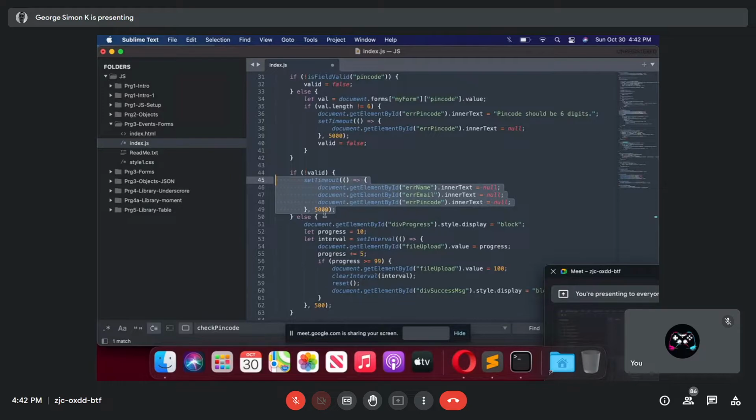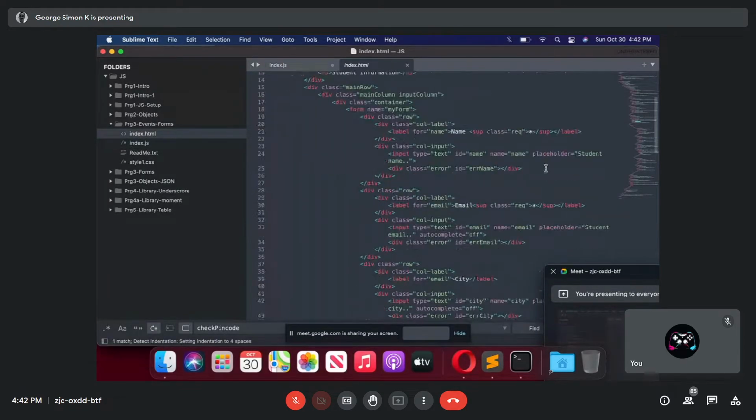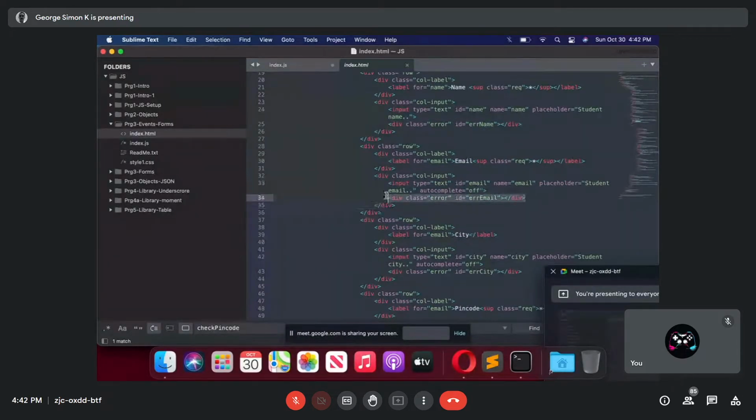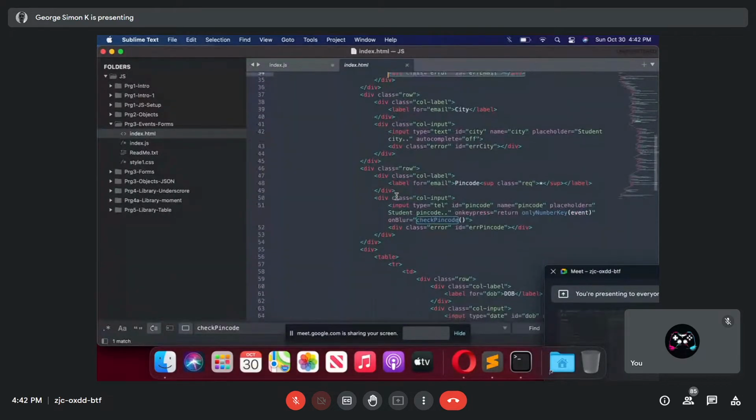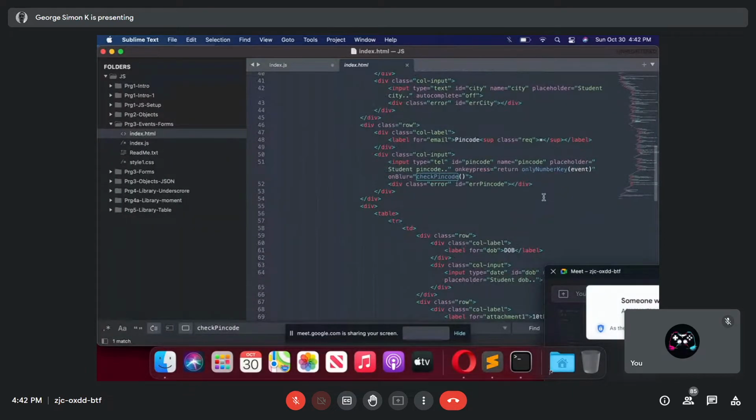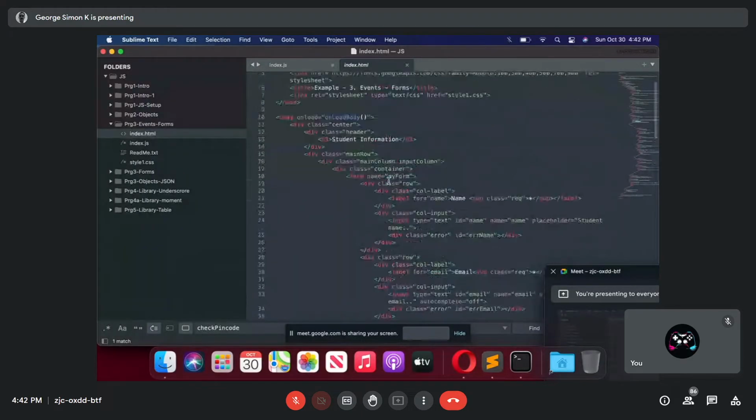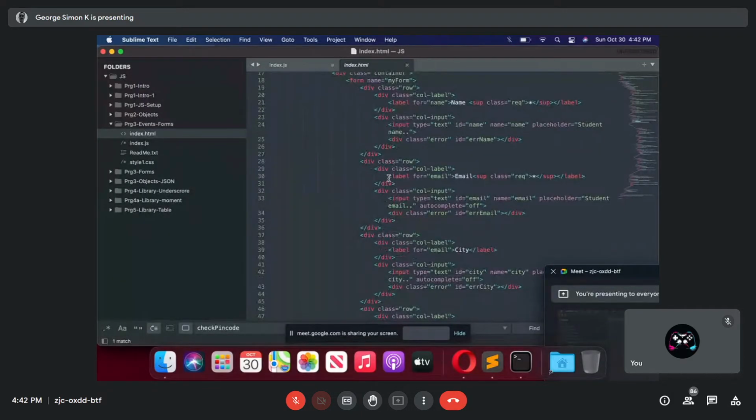That means this method is executed after 5 seconds, where the error displayed just below the name, just below the email, and I have one more validation, the error displayed just below pin code. So those messages will be removed.